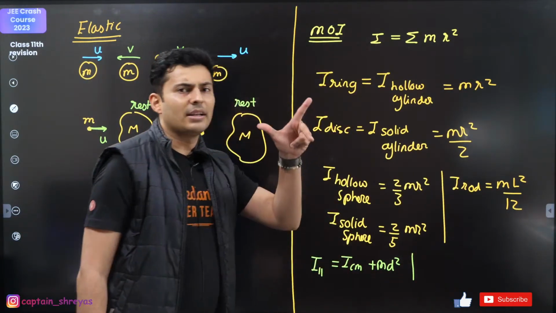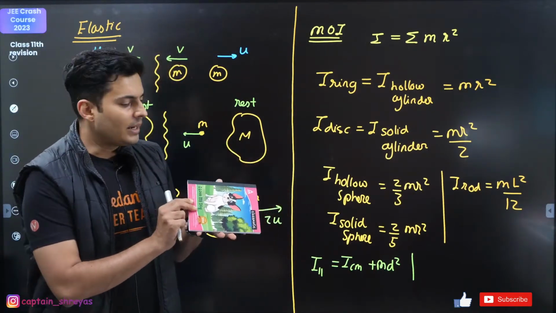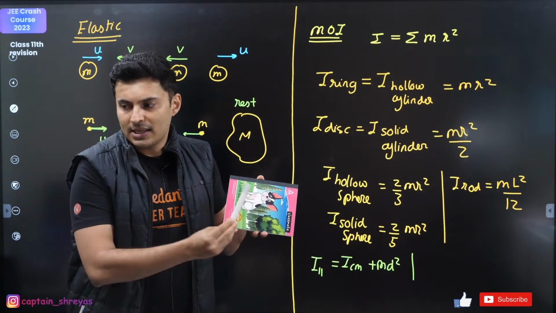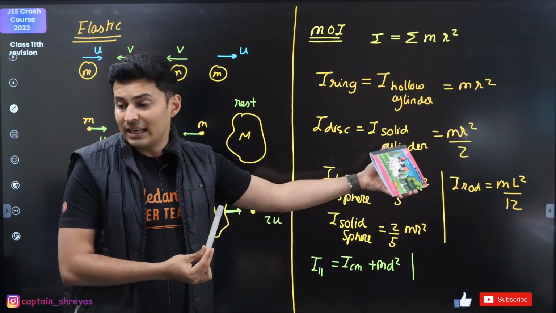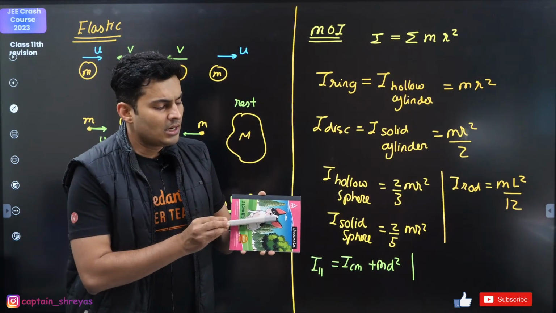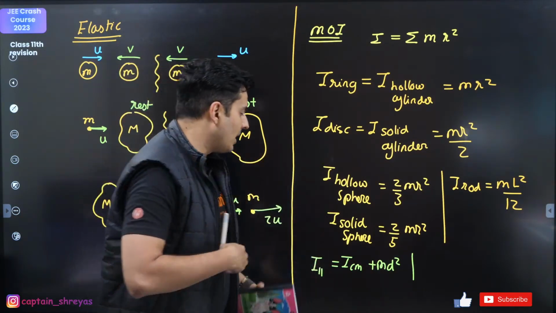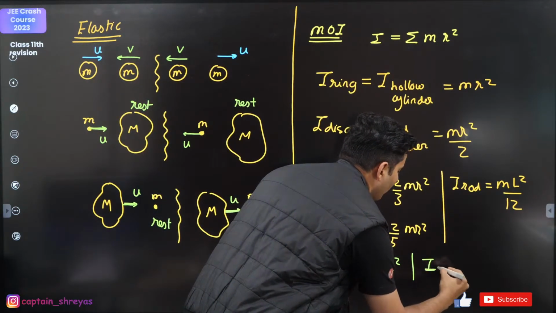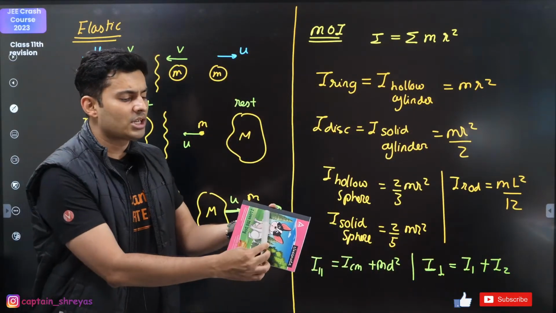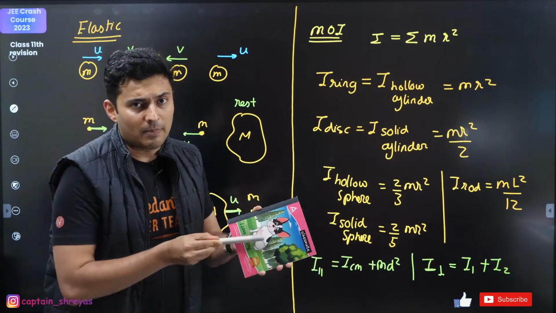Another theorem that you have is the perpendicular axis theorem. If you have a flat object like this book over here, and you know the moment of inertia about this axis and this axis, both perpendicular. Yeah, L is the total length of the rod, Harshini, definitely. Then the moment of inertia about the perpendicular axis when the book rotates like this will be I1 plus I2. I1 and I2 are the moments of inertia of the body when both the axes are in the plane of the body and perpendicular to each other.